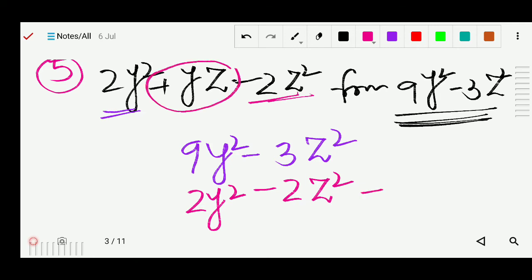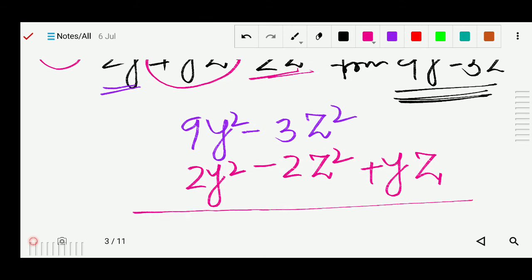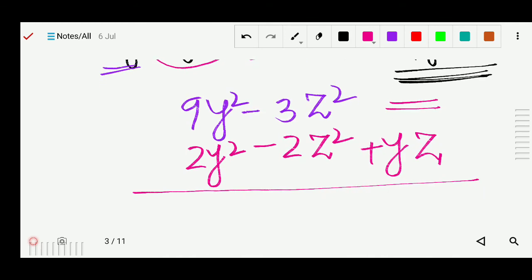So this term you just write next to that, the yz, because as I told you, if there is no similar or like term, you simply write it and keep the blank. If that term is in the minuend part, you write a blank space in the subtrahend part below it, or if it is in the subtrahend part, you write a blank just below in the minuend part. So here is nothing but the blank place. I just kept it blank because there is no value for this yz, the similar term is not there.